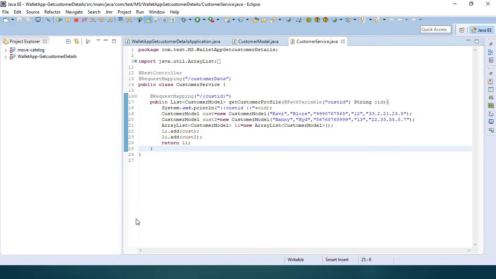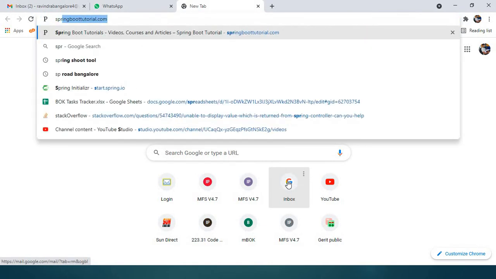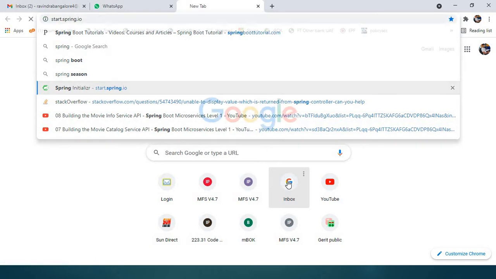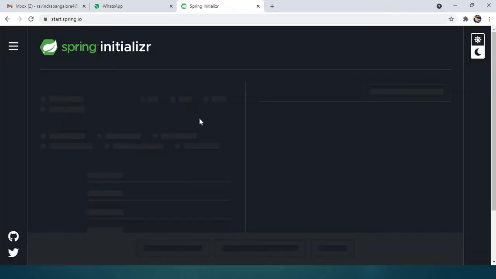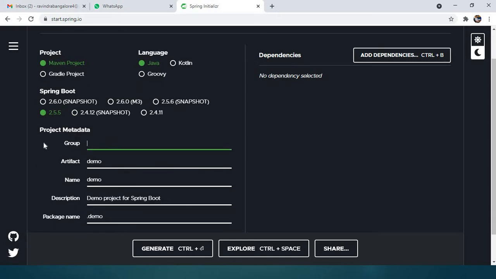We have to create it from Spring Initializer, right? Maven project, version 2.5. Here we give the name wallet app accounts.